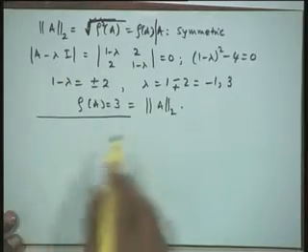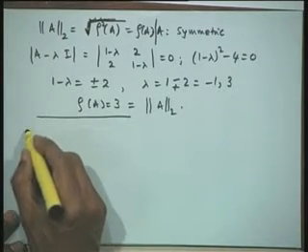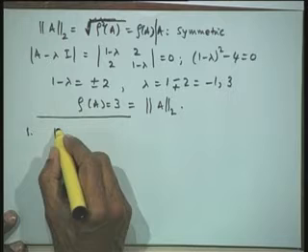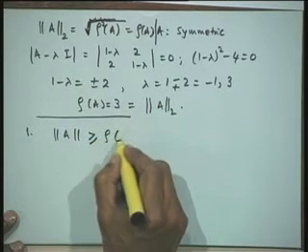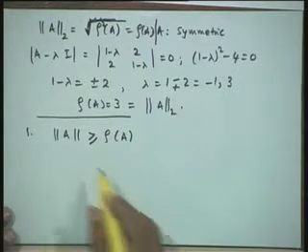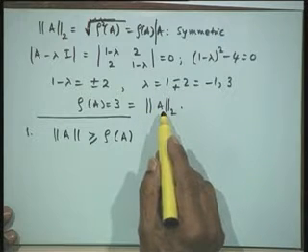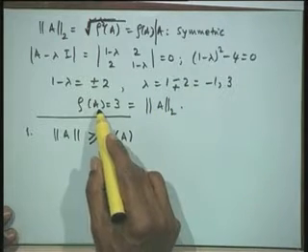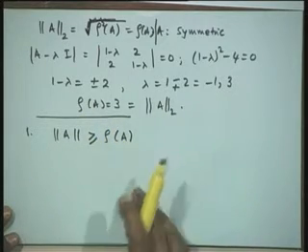Now, we are talking of the eigenvalues of a matrix, norm of a matrix. There must be some relation between the norm of a matrix and the eigenvalues of the corresponding matrix, and we have one result which says that the norm of a matrix is always greater than or equal to spectral radius of a matrix. Now, the equality we have seen in the particular case in this example right here. When the matrix is real symmetric, the spectral norm is equal to spectral radius of A. So, the equality will be in that particular case.